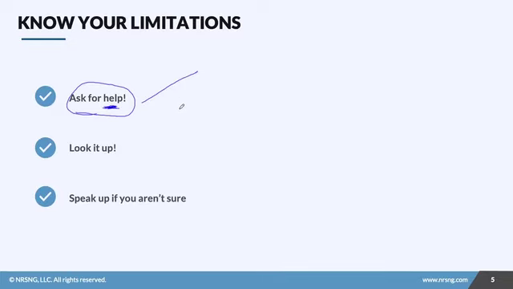Ask for help, be willing to ask for help, and make sure you do that often. If you don't know something, look it up. Your hospital, your facility, your school should have resources available for you. The NRSNG Academy is also a wonderful resource. If you don't know something, have your mobile app ready, have your scrub sheets ready so that you can look things up at the drop of a hat to find it. You don't need to know everything, but you need to know how to find information.